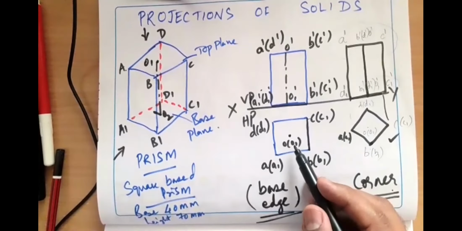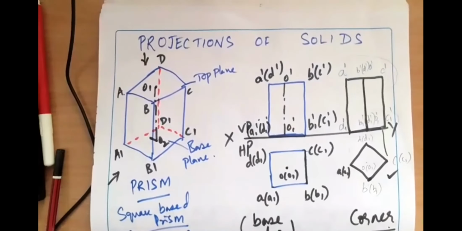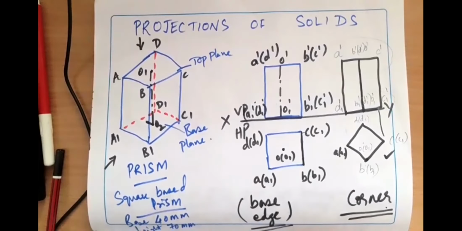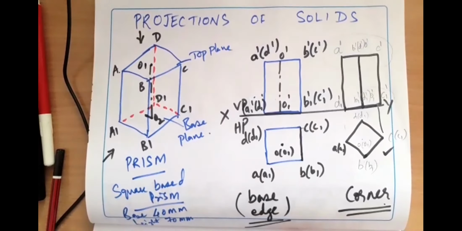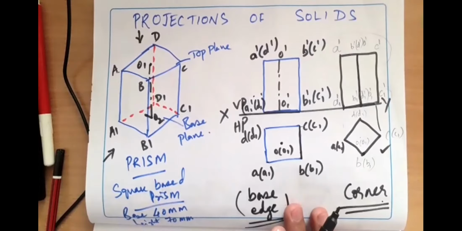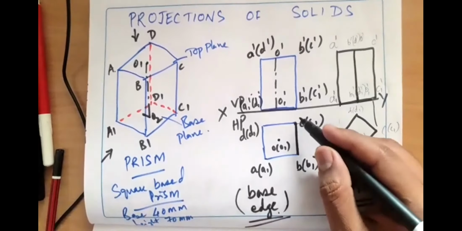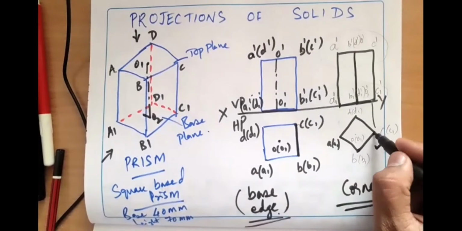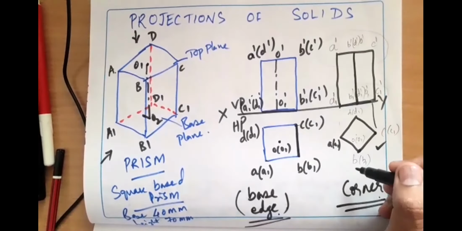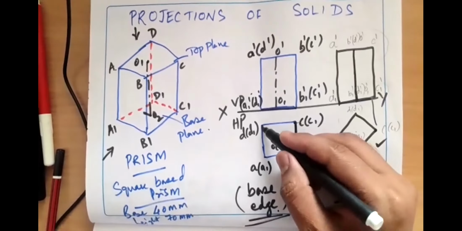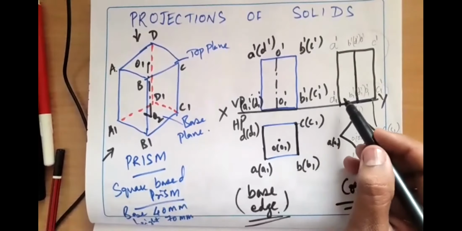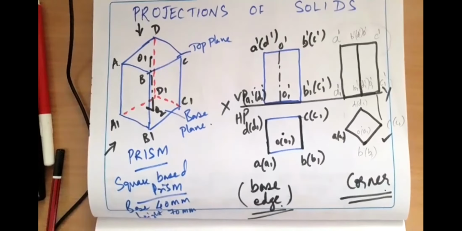If you go wrong in the first step, then the three steps, which you are solving similar to the lines of projections of plane surfaces, everything will go wrong. You'll lose complete marks. So initial position is very important. Whether it is an edge, edge means on the right hand side, I am keeping it conveniently that it is an edge. Corner means on my right hand side, I'll keep a corner and construct the whole planar lamina. Even it can be done on the left also, but what you position in the second front view is important.